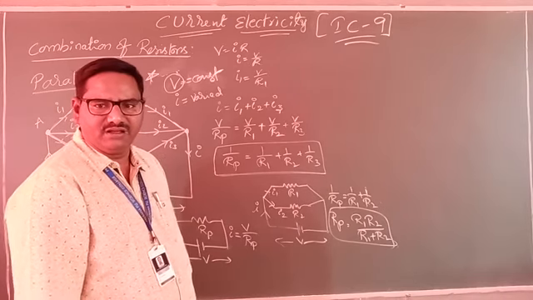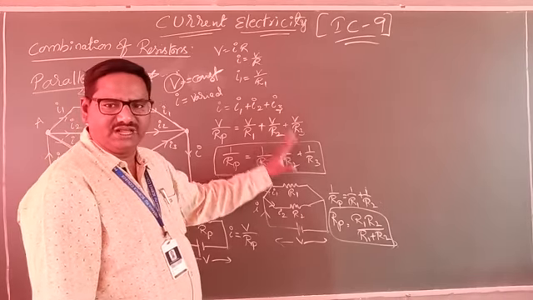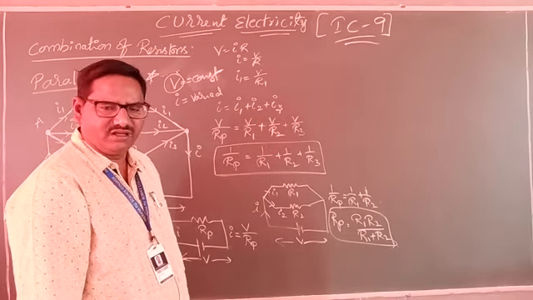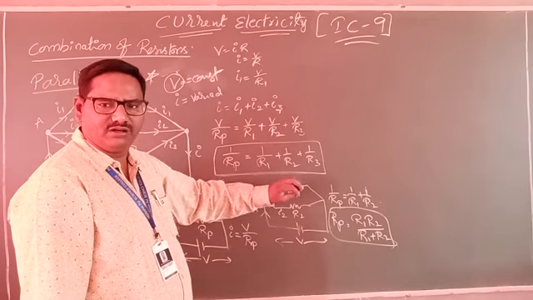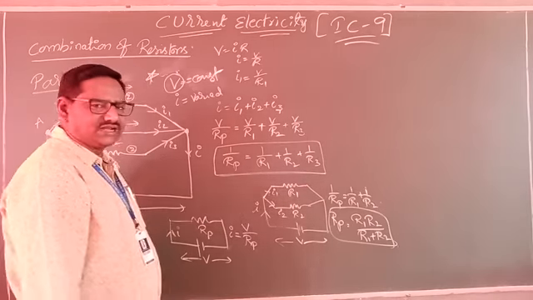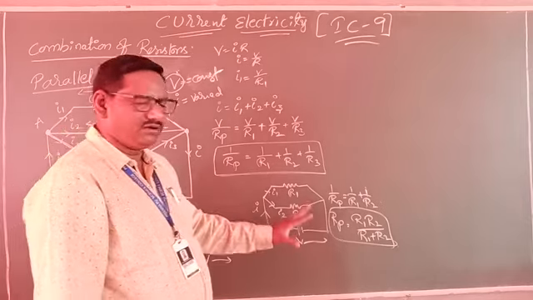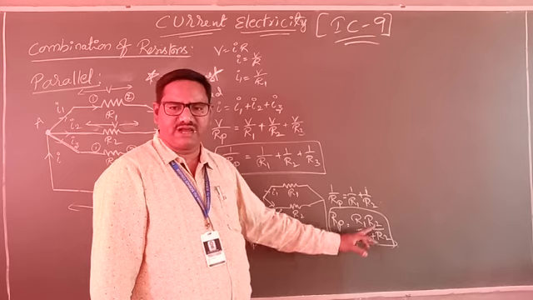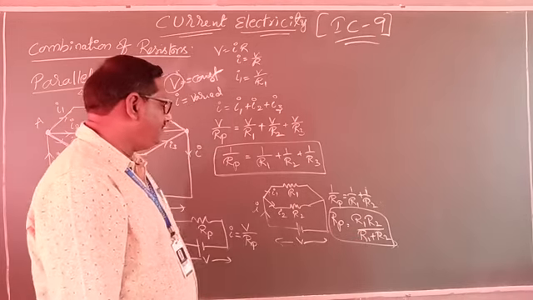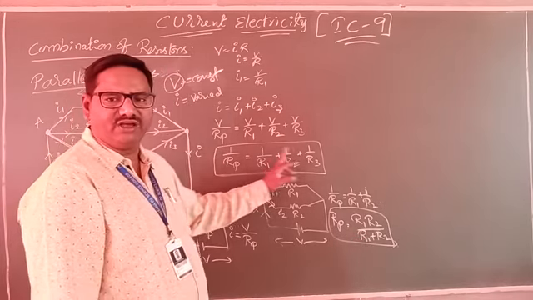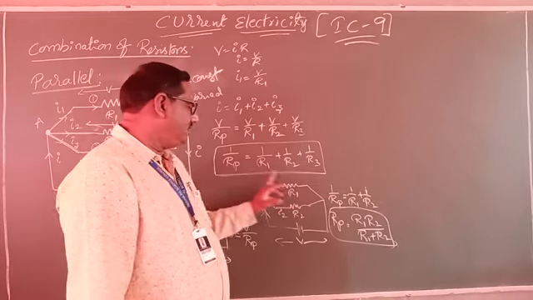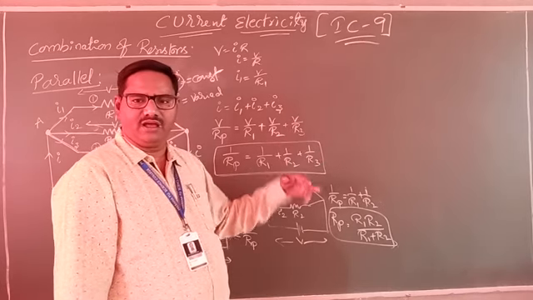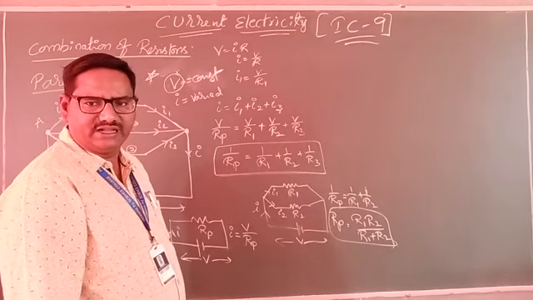Try to understand. These formula derivations I have already discussed in PU videos. I am just revising all of these. Try to remember. Two resistors: R1 R2 by R1 plus R2. Similarly, if you have 3, you can write Rp equal to R1 R2 plus R2 R3 plus R3 R1 by R1 R2 R3. Like that only you can tell.